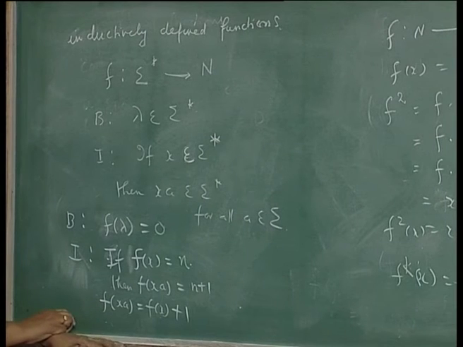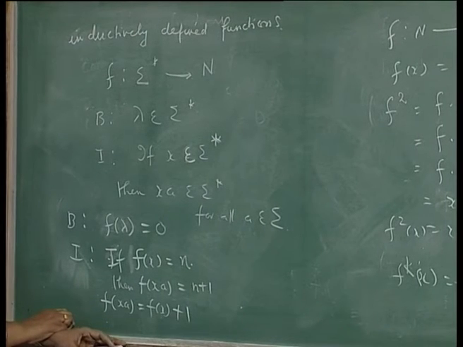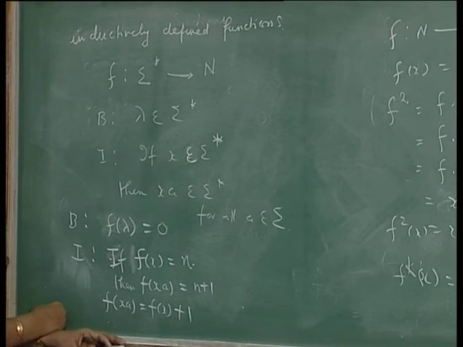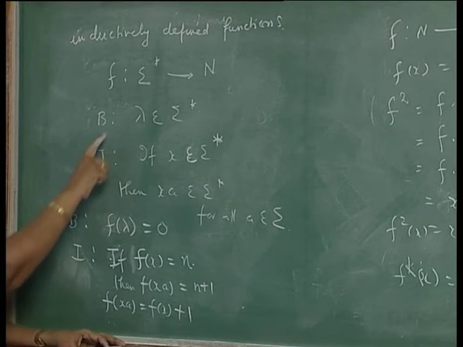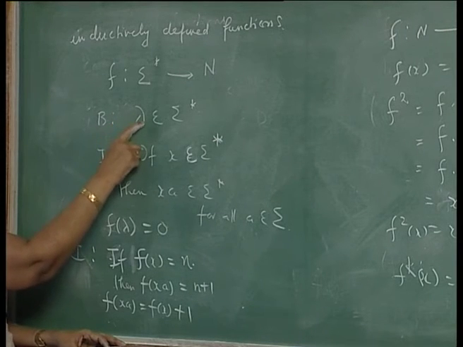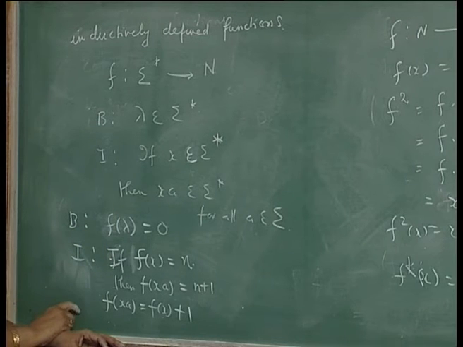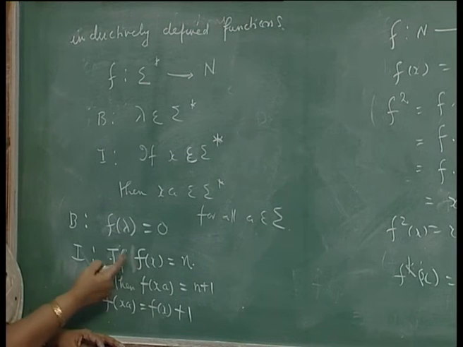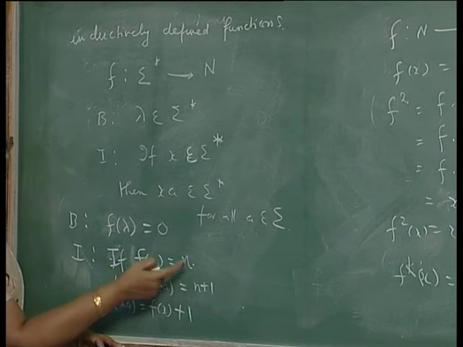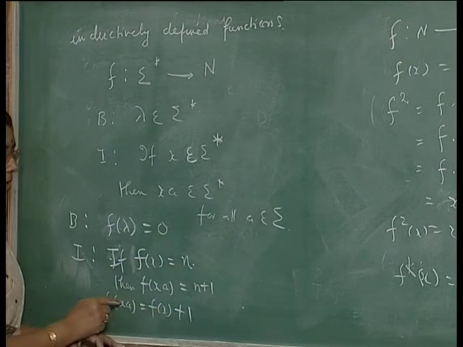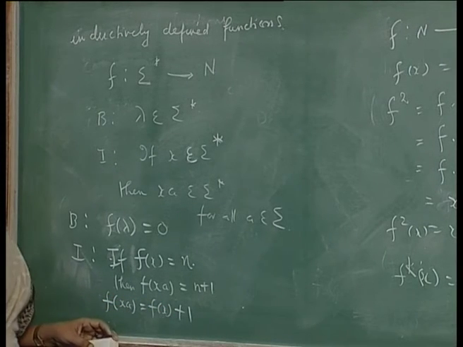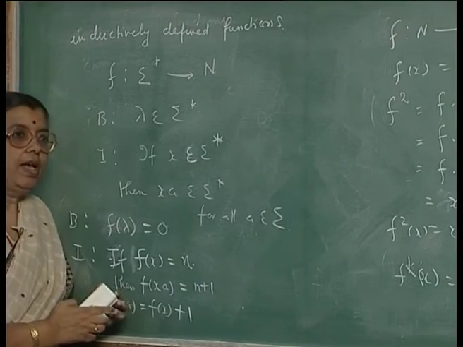Usually when you define a function, you need not define the extremal class, because that is not necessary, even though for defining the underlying set, you need the extremal class. So, the basic building block is lambda here. So, f of lambda is 0 you define. Then in the induction class, from x, xa is built. So, you see that if f of x is equal to n, f of xa will be n plus 1, or you can say that f of xa will be f of x plus 1. Like this you can define inductively a function.